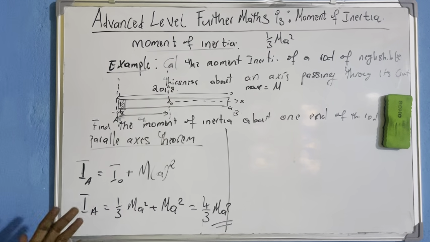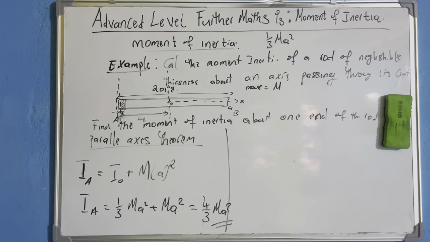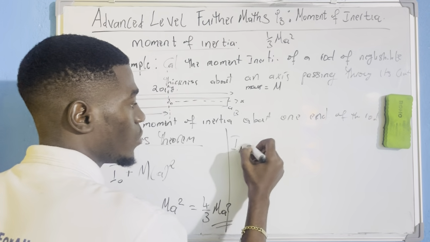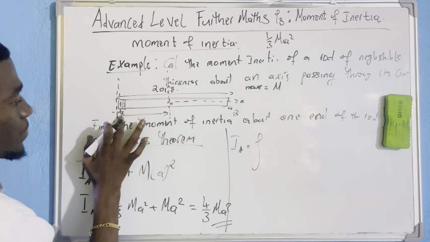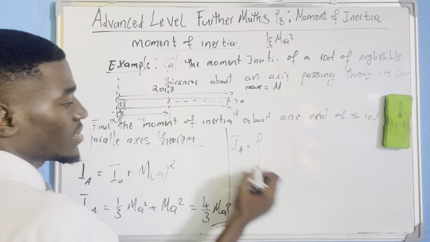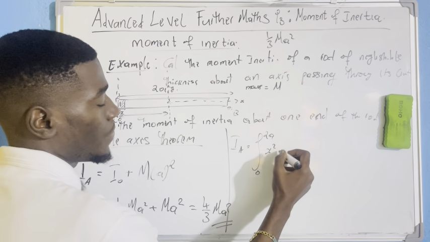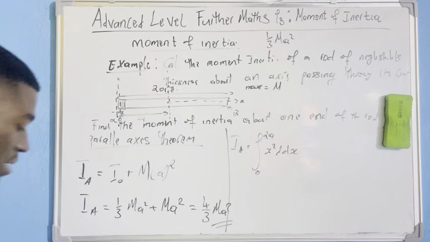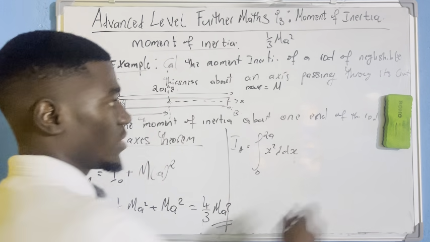Just from calculating the moment of inertia of this rod about an axis passing through the end A of the rod, you can still do it by integrating. The moment of inertia about A will be simply the integral. Since it's about one of the ends, you consider maybe the origin to be here, and then here should be 2A. You are integrating now from 0 to 2A directly of the same thing, x squared lambda dx. As simple as that. When you integrate, you come up with the same answer. Okay, students, so that is it.